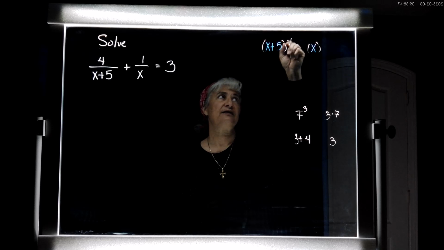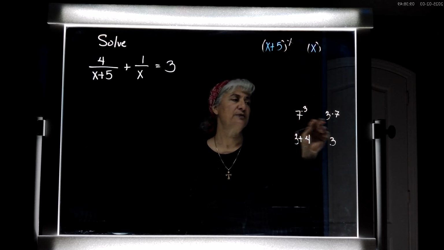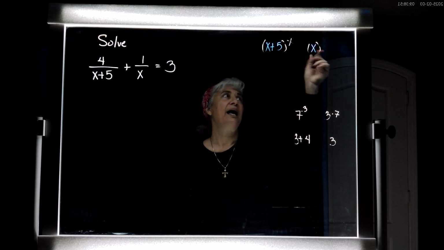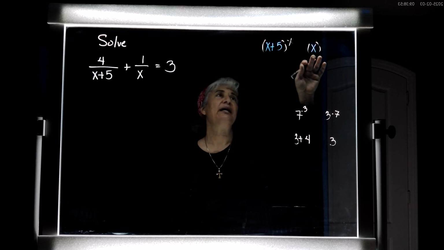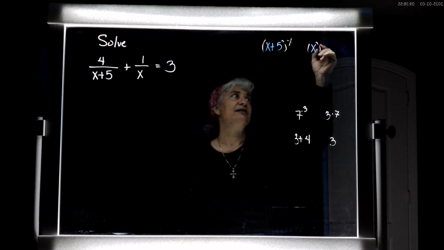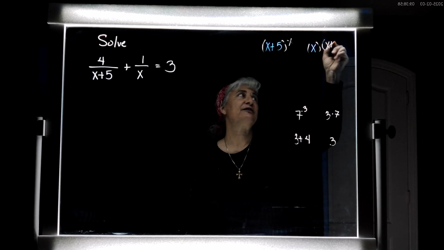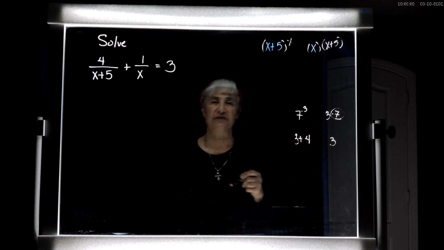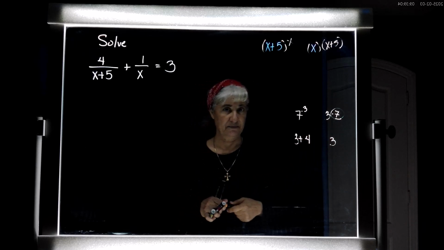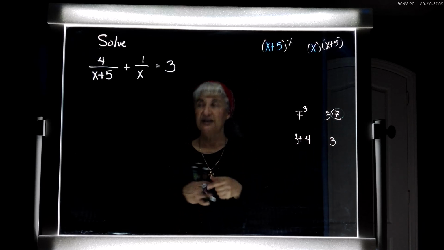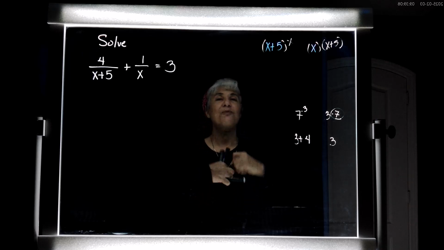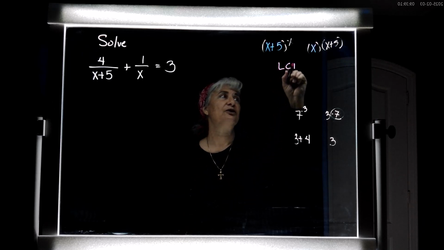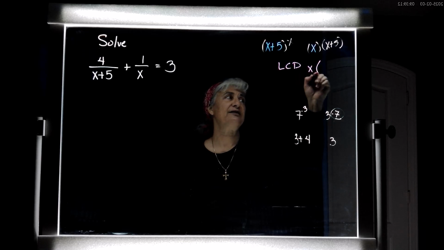It's missing an x, just like this one was missing the 3. And then this denominator is missing the entire entity of x plus 5, just like this 3 was missing the 7. Are we good? Okay, so in this particular case, the lowest common denominator is x times